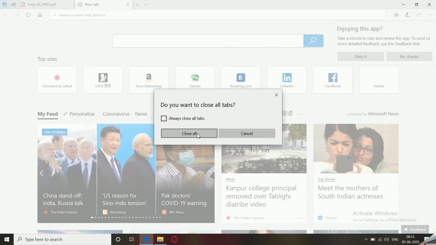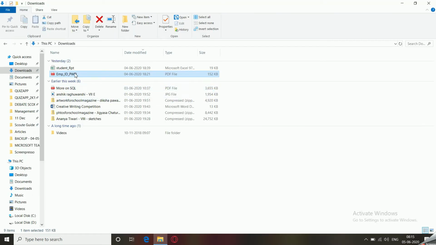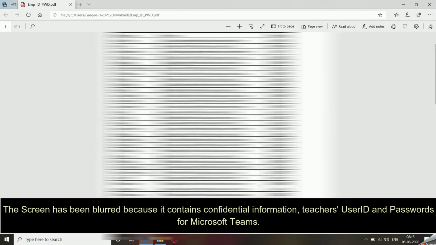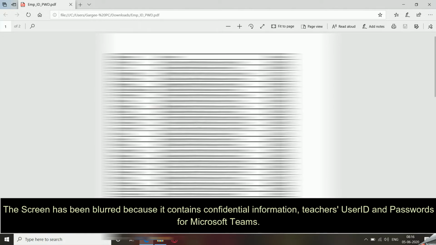Although my user ID has been changed later on, so I'm just going to first open my user ID which I had already saved. If you want, you can select your user ID from here. Now this is a first time,